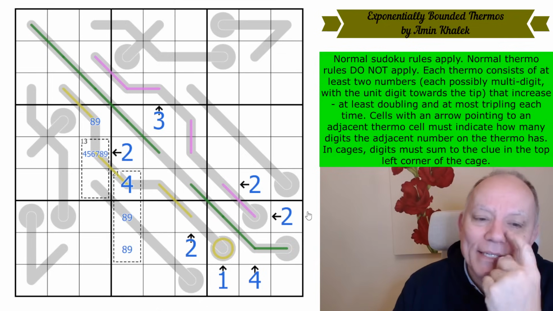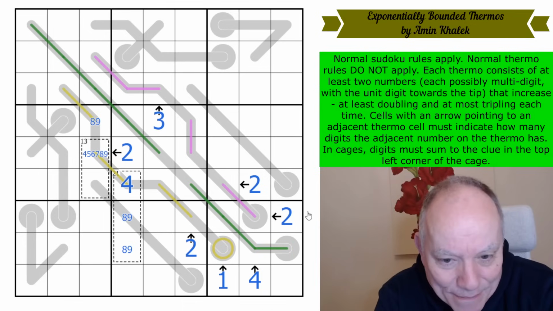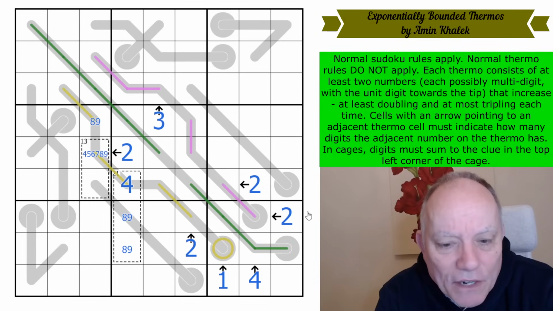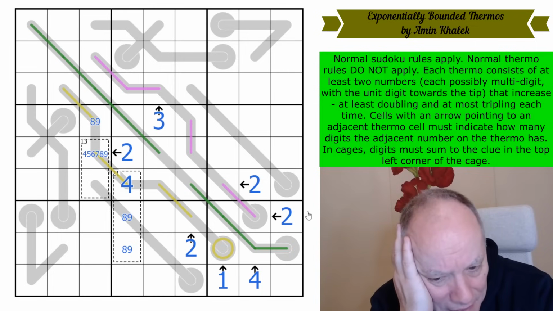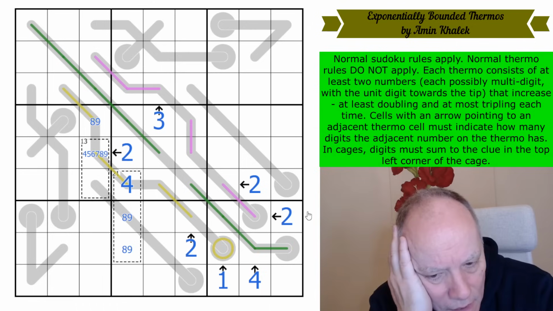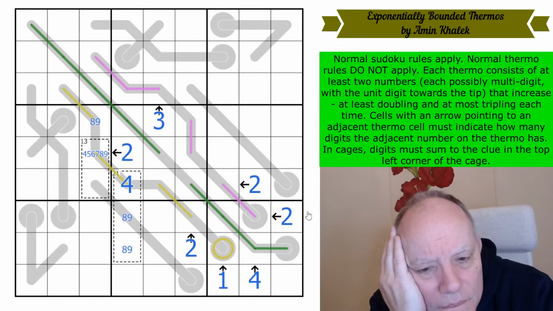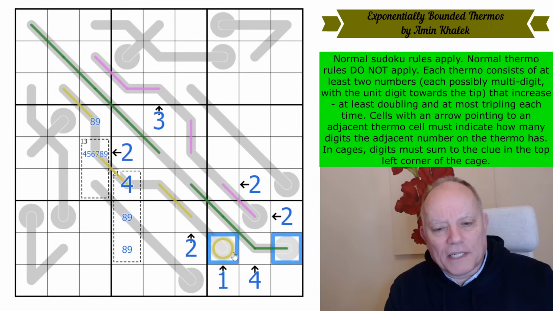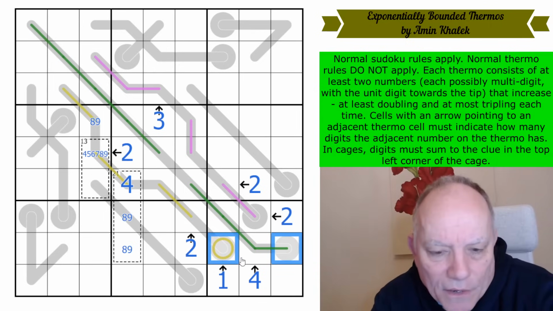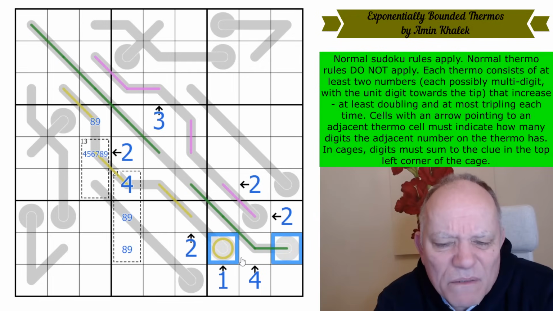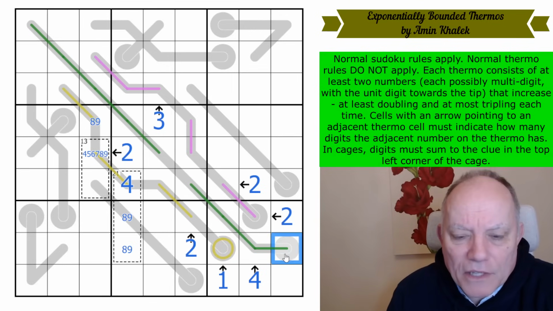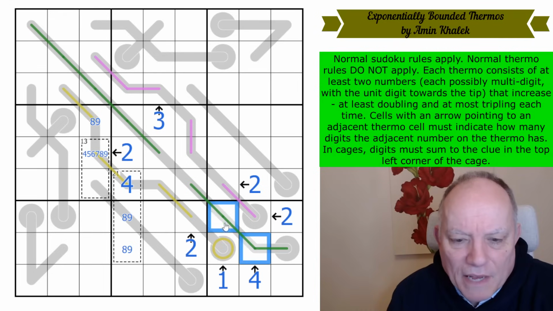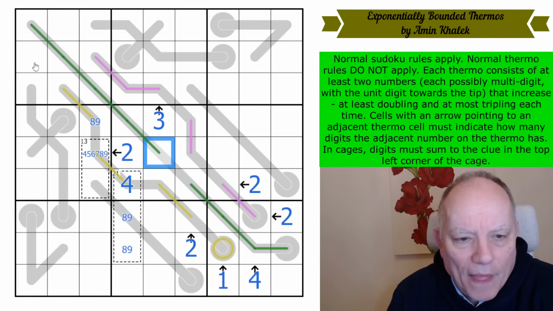I mean, we still have to work out all the numbers on these lines, but this is fascinating. We've done all the arrow cells though in the puzzle. I didn't realize how helpful those arrow cells were going to be, but they are immense. Yeah, both of these starting digits are going to be at least 5. Oh no, could a 3... Okay, that one is going to be at least 5. I suppose this one could be